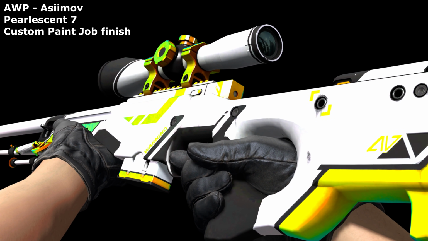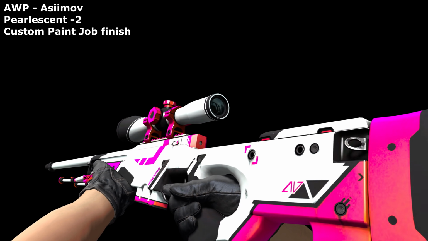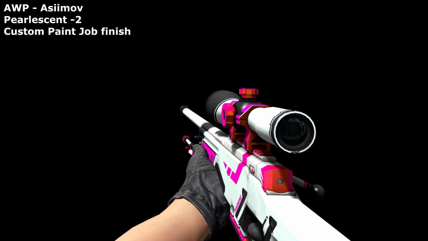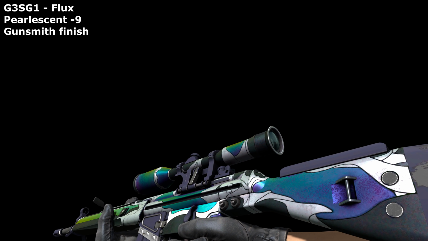It looks smooth, doesn't it? I dropped the value to a smaller -2, so it jumped the other way towards neon pink instead. I've already said how I don't like that colour, but I think this design gets away with it better than most. Something of a first here at the Click Empire, with the G3SG1 Flux pattern I got it right first